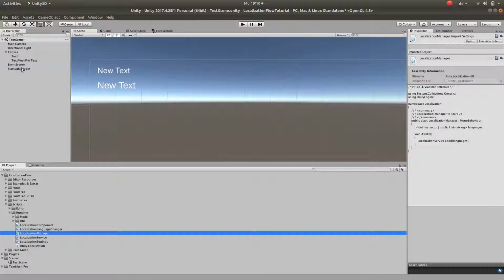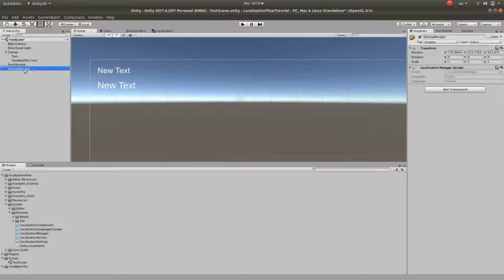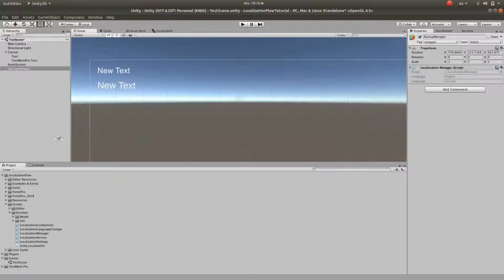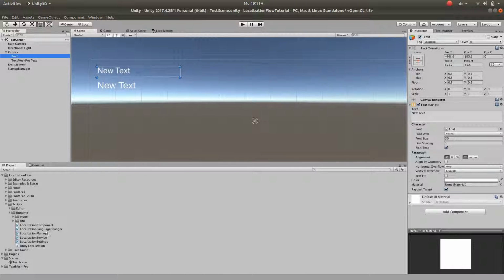So put it on this, and if you open startup manager, you see in inspector you load two languages, English and German. It's the same as in localization, English and German. Okay, this was successful, and now you can select your text field and